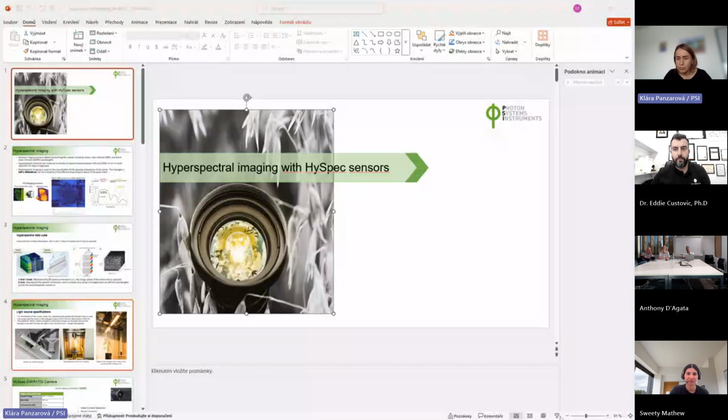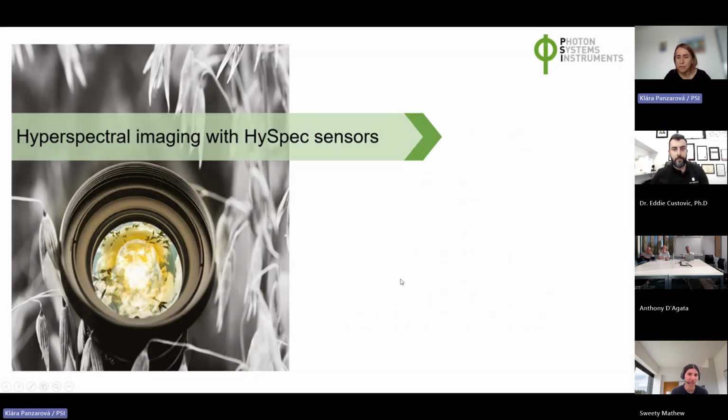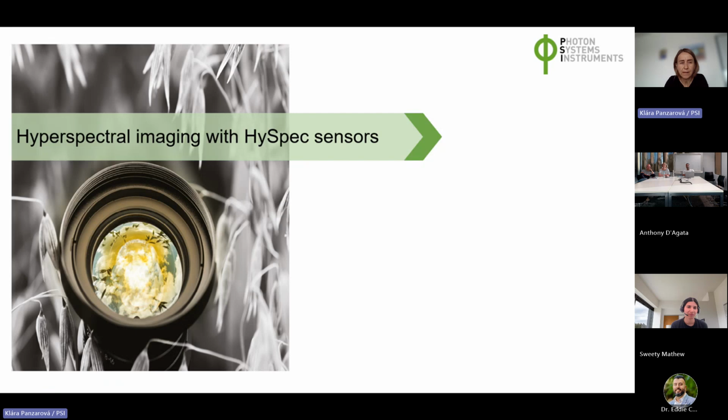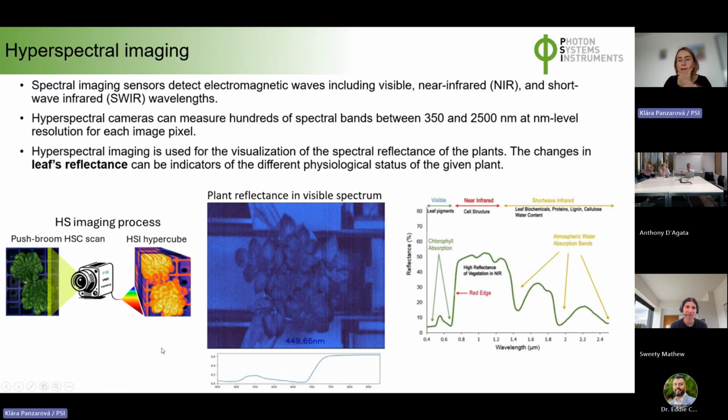So I tried to put together a bit of summary, briefly touching the hyperspec solutions that we have, and then focus a little more on the SWIR hyperspec and actually also discuss the potential and options of combining both, because I think that has quite a bit of power. I don't need to tell you so much about hyperspec imaging, but